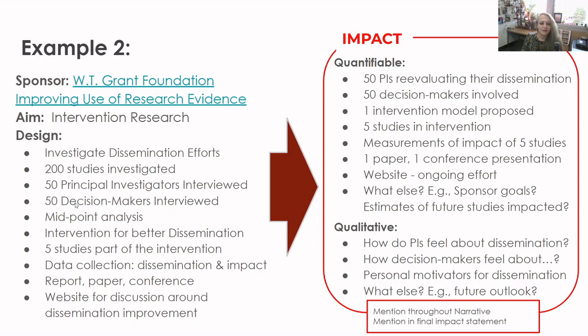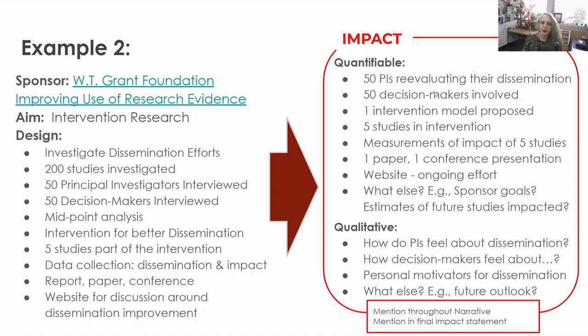And you interview decision makers, you interview other PIs, and you have analysis midway. You have an intervention that you propose to test if you can improve dissemination efforts with what you're learning. So you have a really strong design going on, and then how do you translate that into impact